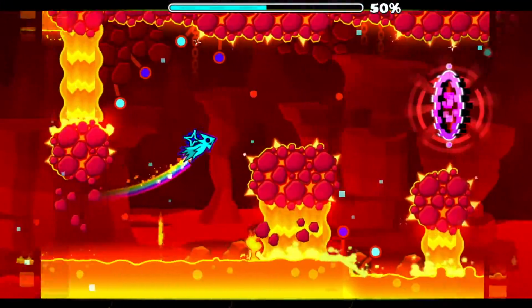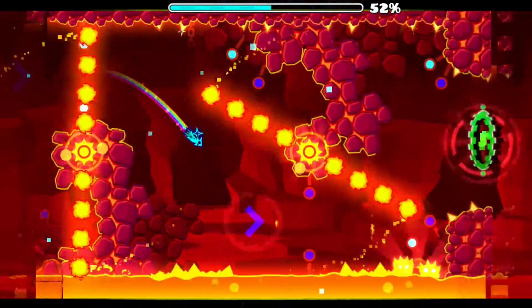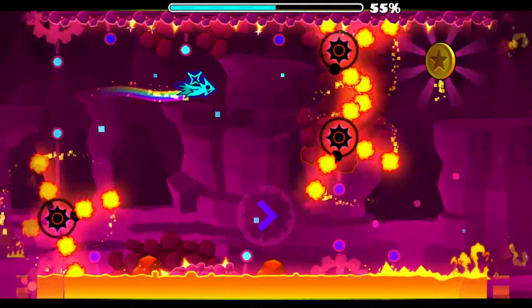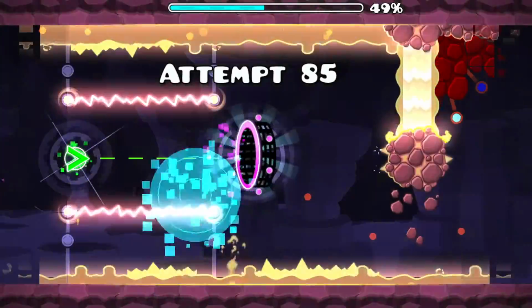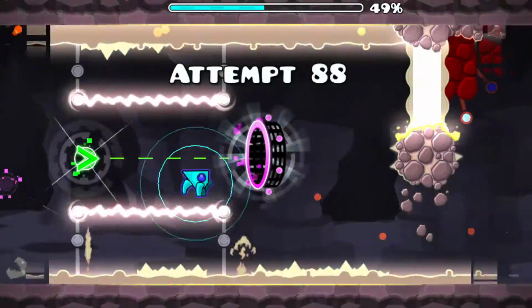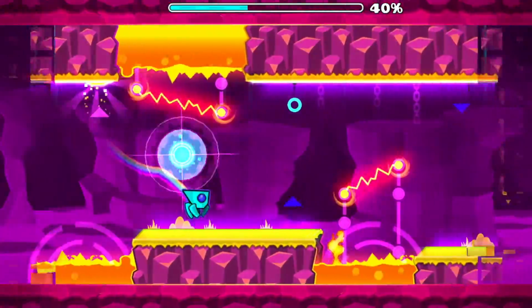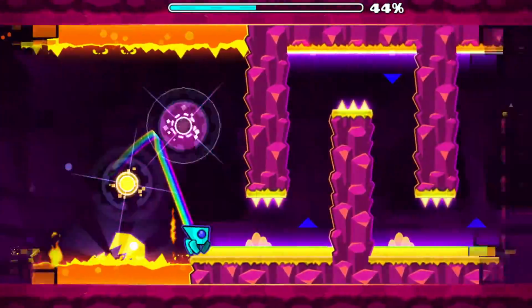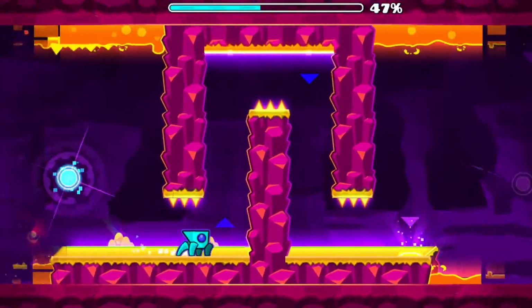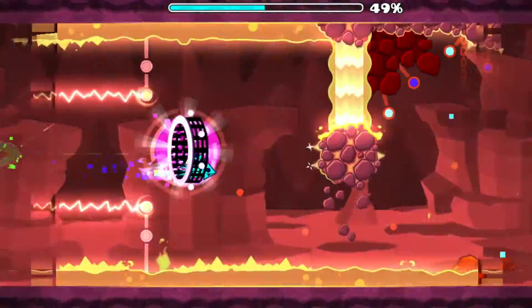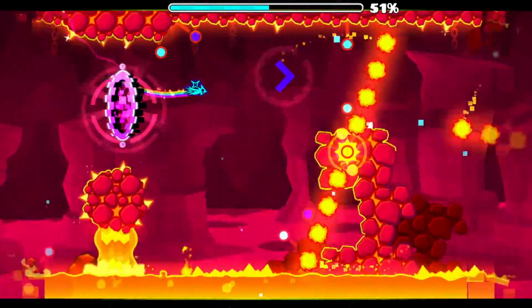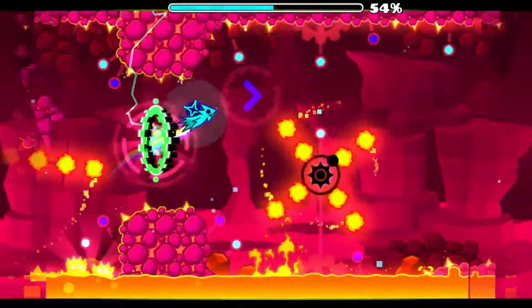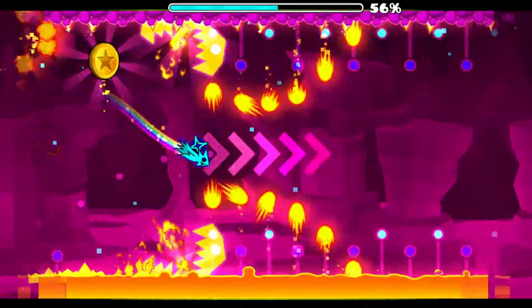So now we're back in the ship. So we just straight fly here. We just drop down. Then we go into the middle here, and we just, oh no. Oh, that sucks. I think I did that checkpoint wrong. I don't know what happened there. So I guess if you place down a checkpoint while riding a dash orb, it doesn't actually work. So anyway, that's better. So right here, you just straight fly through the top here to get the first coin.